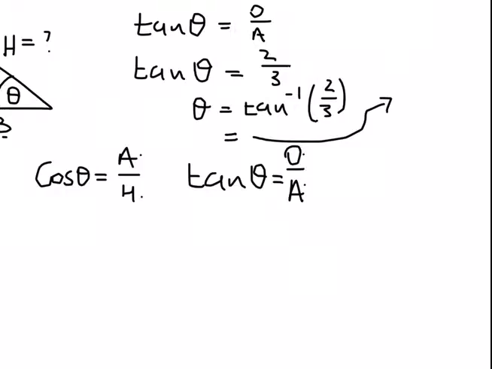Sometimes they say arctan, arccos, or arcsine. On your calculator, you click on shift, then you click on tan. You will see that it will show tan to the exponent of -1. It's because it is actually pressing the text written above that button. That's what the shift does. And then you punch 2 over 3, and then you close the bracket, and then the answer that you get is